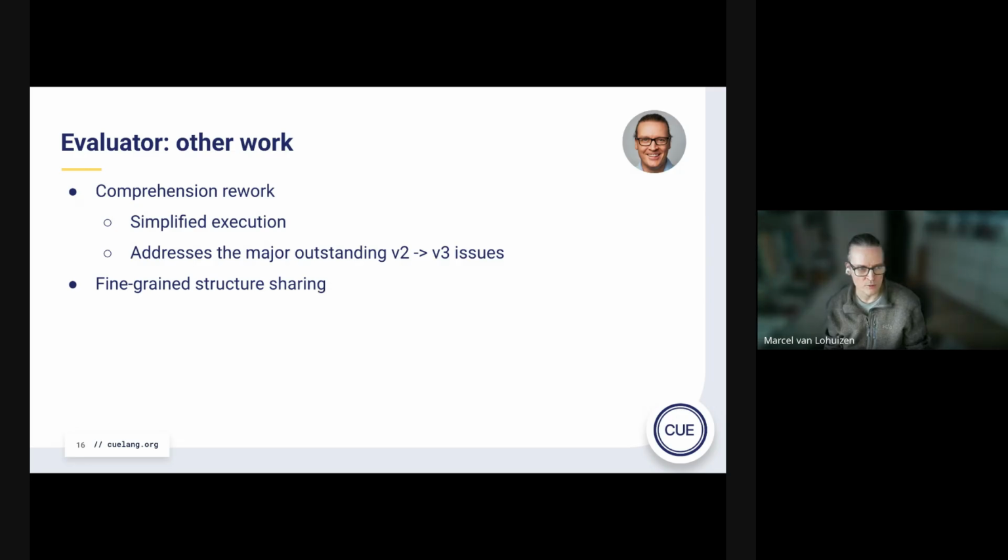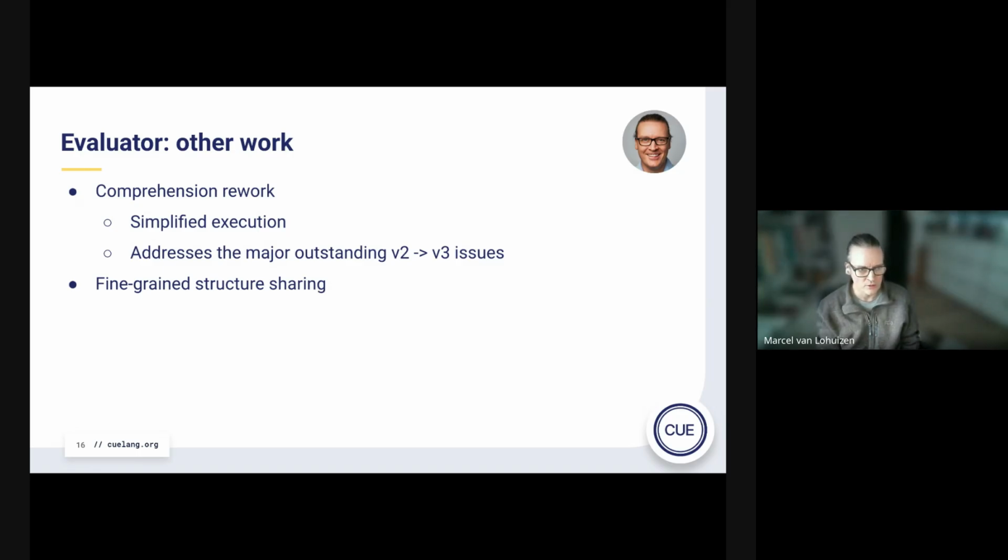Like before, we did a small Q hub stint. I started working on it. It's actually in a pretty advanced stage already, so hopefully it won't be too much work to finish that. And that will address some big outstanding bugs that were there for a while already. That might also have some performance implications. There are some pathological cases: if you have nested comprehensions where there are a lot of failures, we might end up recomputing a lot. That would also be eliminated with that change.